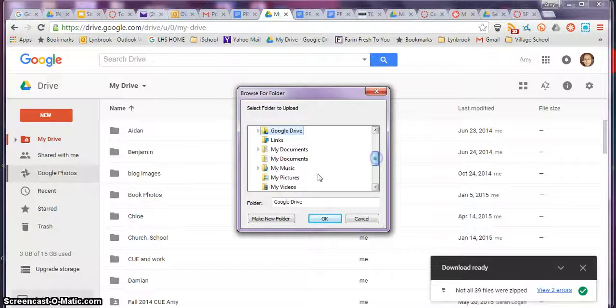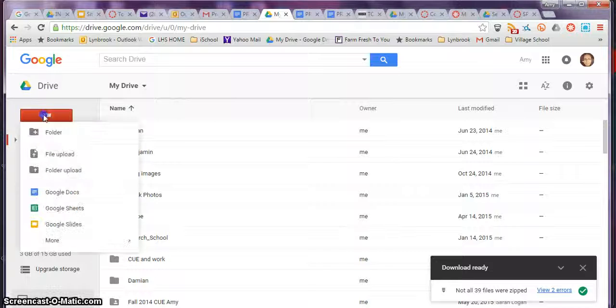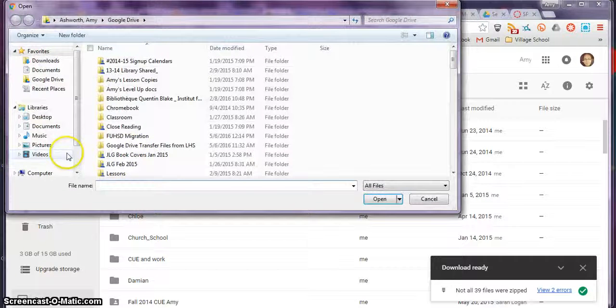It was in my documents. I'm looking in the wrong place. I actually needed to go to New File Upload. Sorry about that. So now I go to Documents,